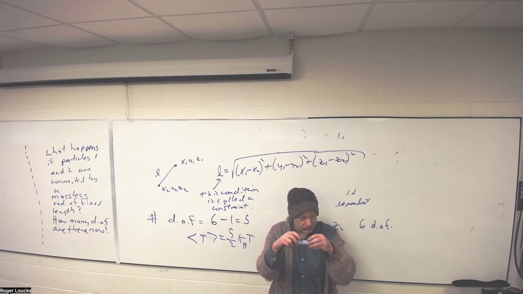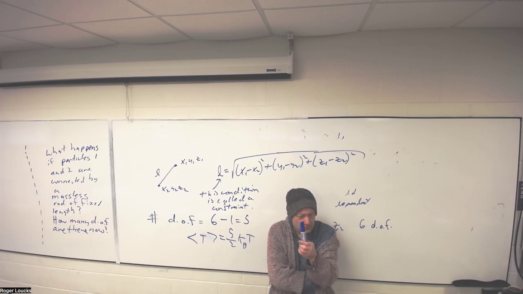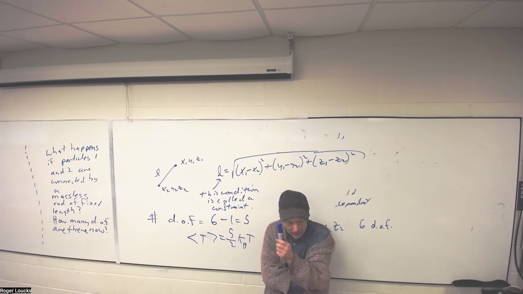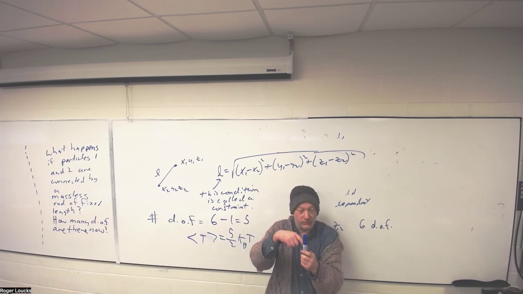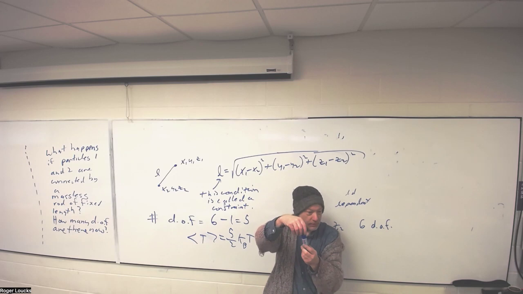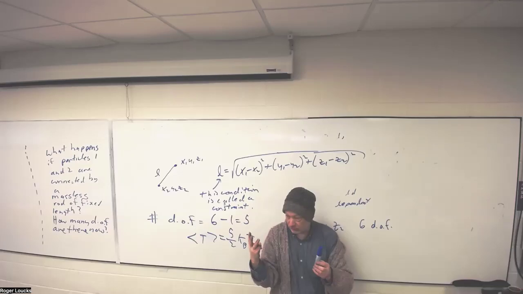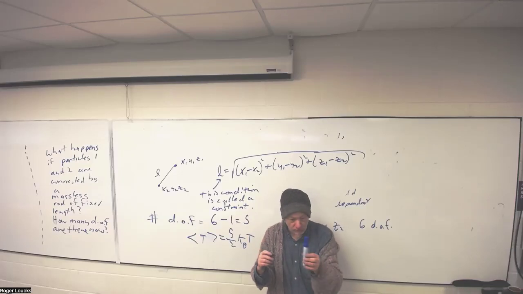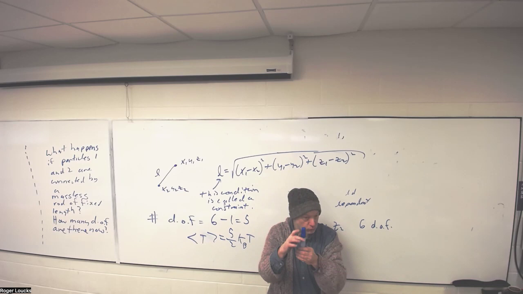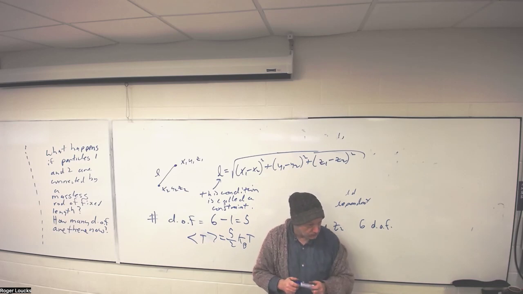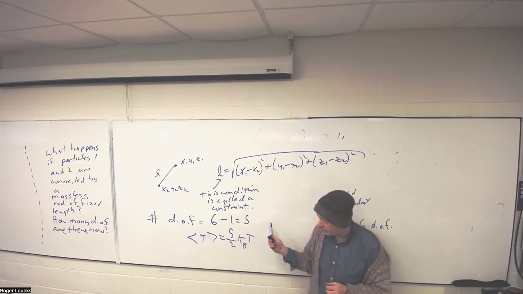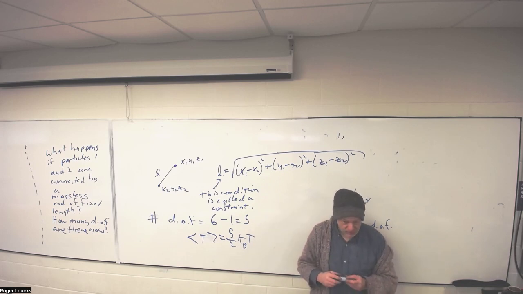I could rotate like this. What else could it do? I could rotate around this axis, but it turns out that this one doesn't count. Quantum mechanically, if you have something like this and you rotate it like that, it's really the same as no rotation. So if you have a diatomic molecule, there are 3 translational degrees of motion, and then there are 2 rotational degrees of motion. We're going to prove that this is actually the case here. Does that make sense?